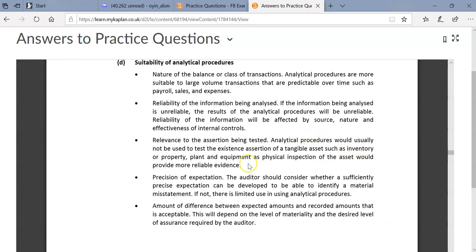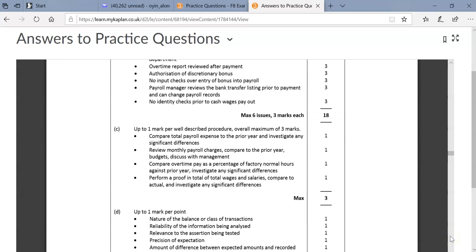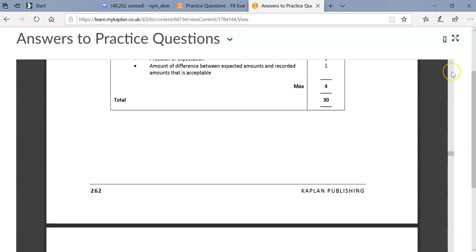Analytical procedures would usually not be used to test the existence assertion, and that's correct. Again, like I say, analytics is very much about comparing and looking at flows, right? If we want to test existence, we go and look at it. So we have to be careful what these tests are used for. So analytical, very much bang on your income statement areas, right? And then you can talk about variance analysis, things like that. Okay, great stuff. Yes, I think this question I would have put you firmly at that 24, 25 out of 30. Good work.